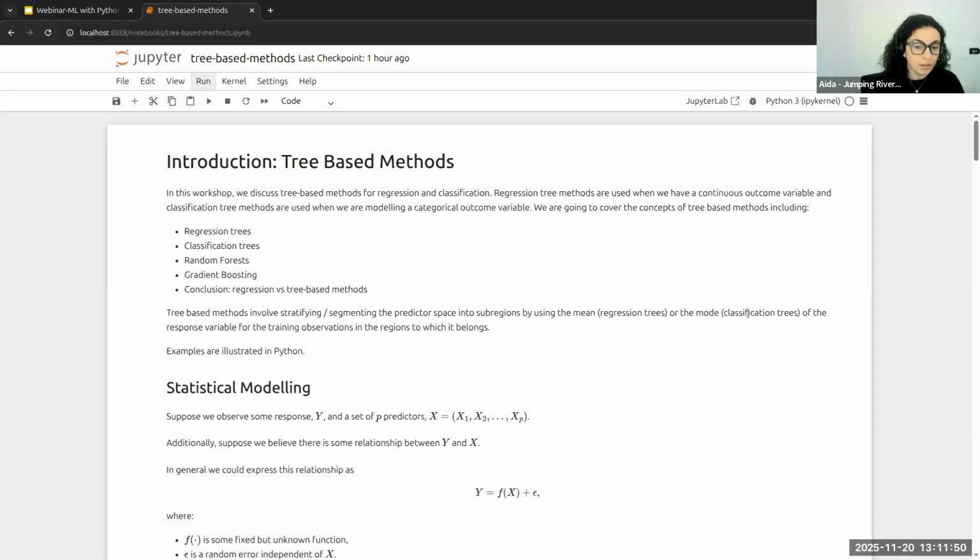So I use the mean for the response variable in the case of a regression tree, and then the mode for a classification tree.